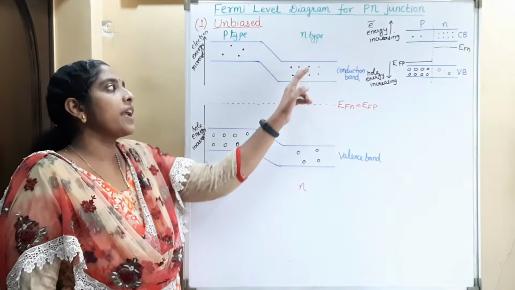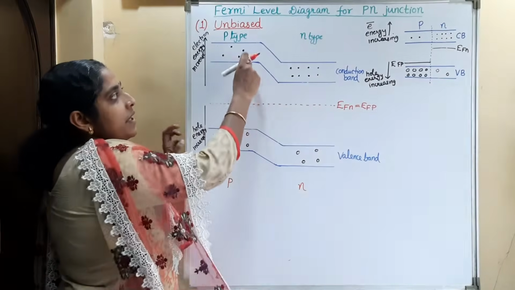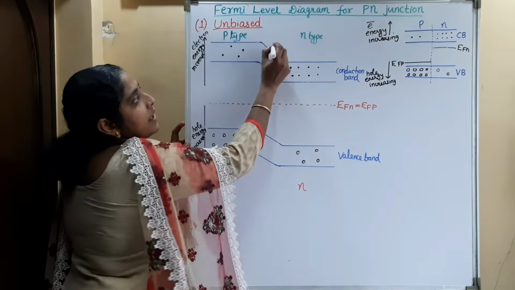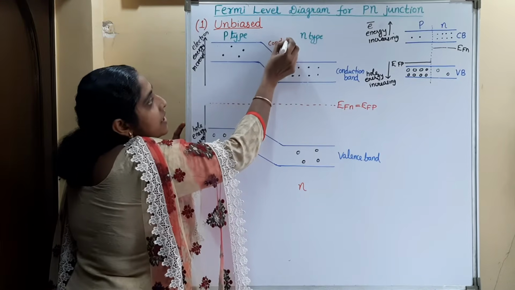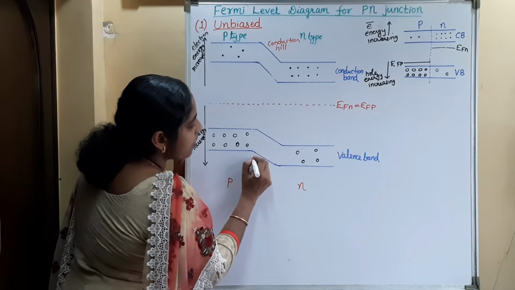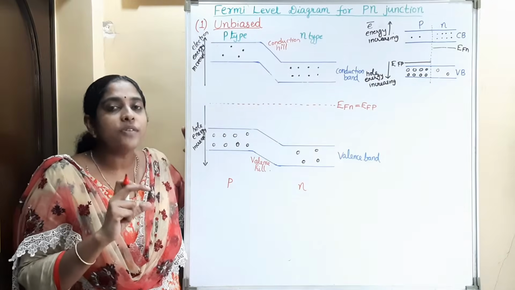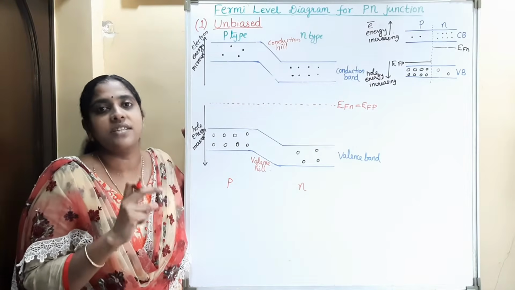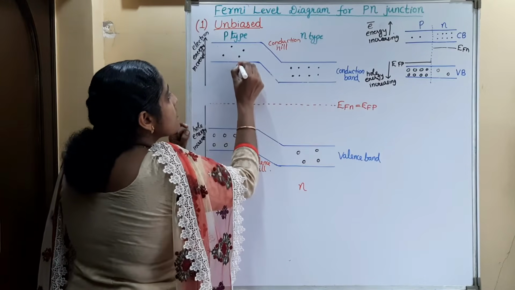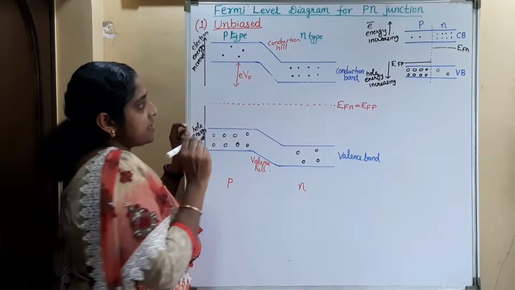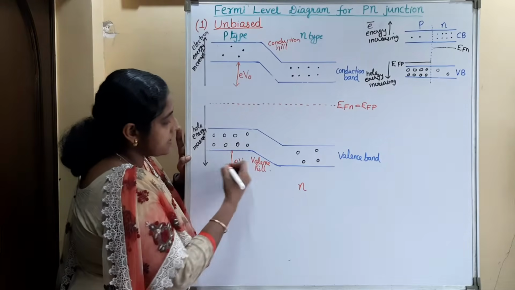Here the displacement of the energy band in opposite direction in P and N region produces a bending in the band structure. So this bending we can call it as hill. In the conduction band, this hill is called conduction hill, and in the valence band it is known as valence hill. And the height of this hill corresponds to the potential barrier in PN junction diode. That is, the height will be EV0 corresponding to potential barrier energy. In valence band also, this height is equal to the potential barrier energy EV0.